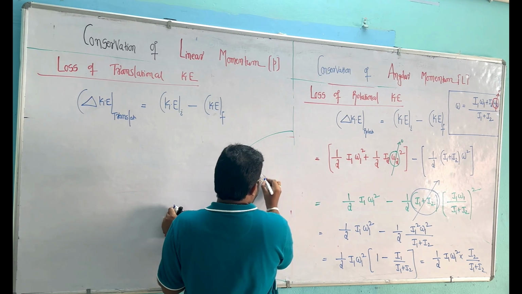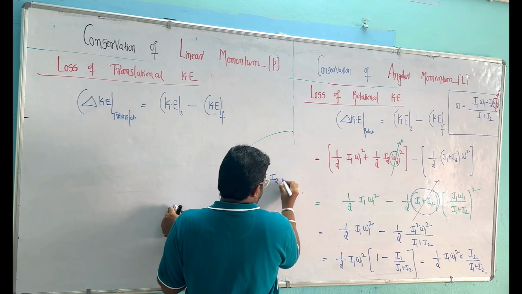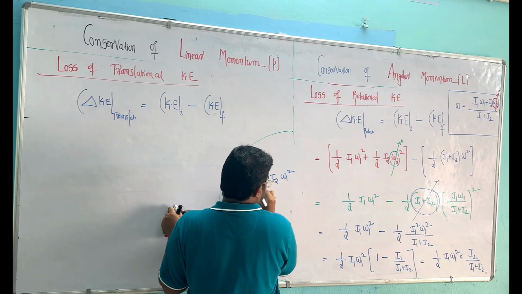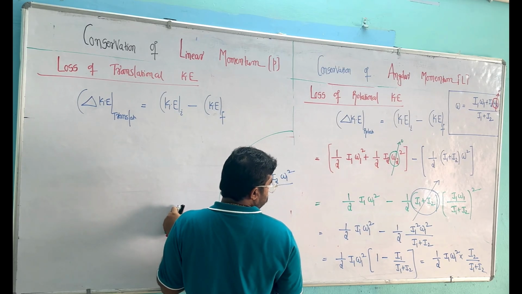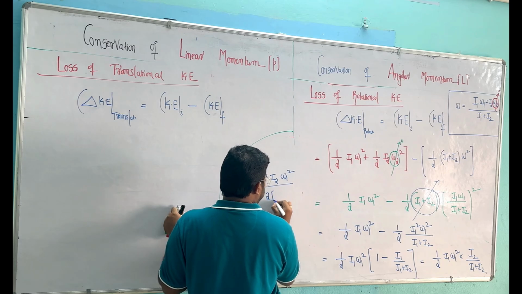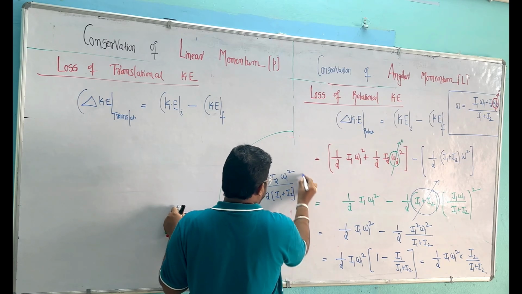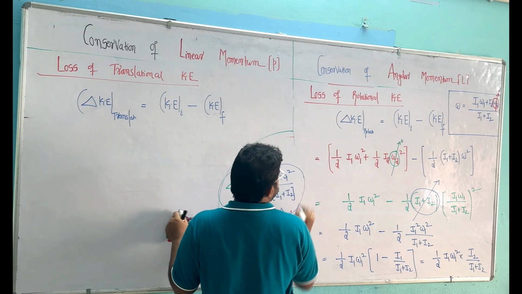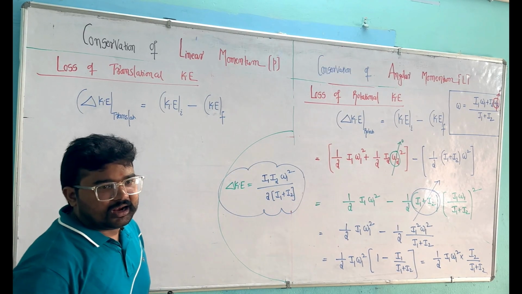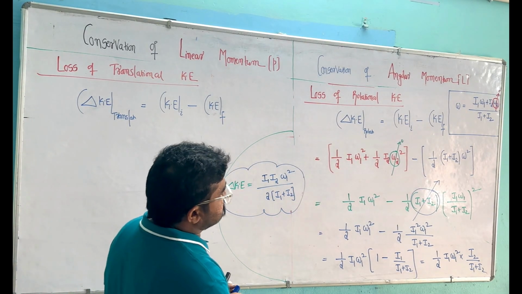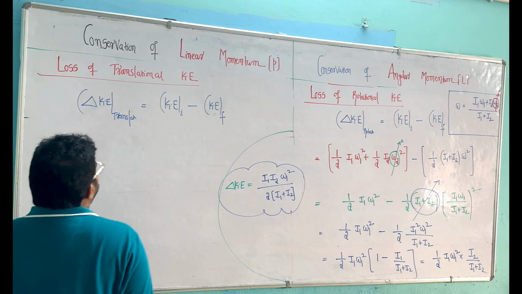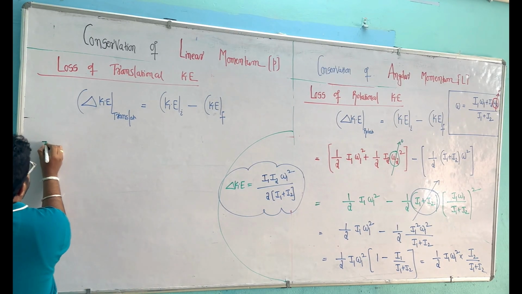I1 I2 omega 1 square by 2 times of I1 plus I2. This is the loss of rotational kinetic energy. Now we can write it as